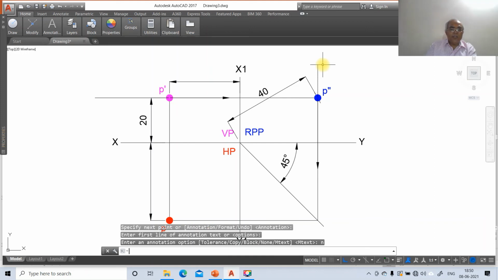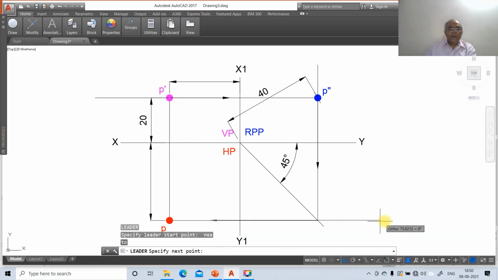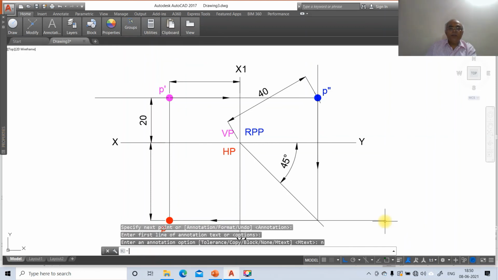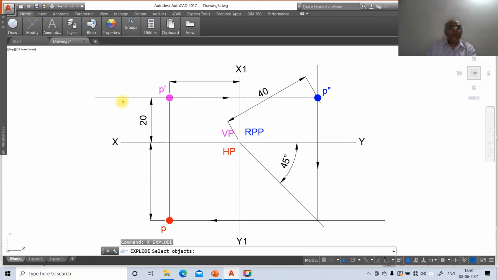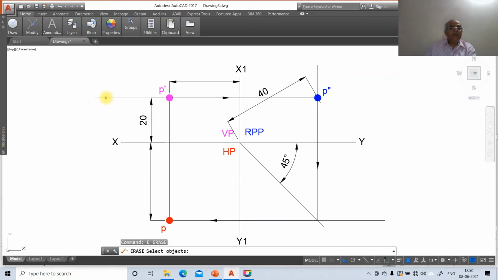And go to leader, take nearest on this side, take annotation option none. And go to explode, you select this line, you select this line and you select this line and enter. And go to erase, erase this line and this line and this line. So we're going to get this.